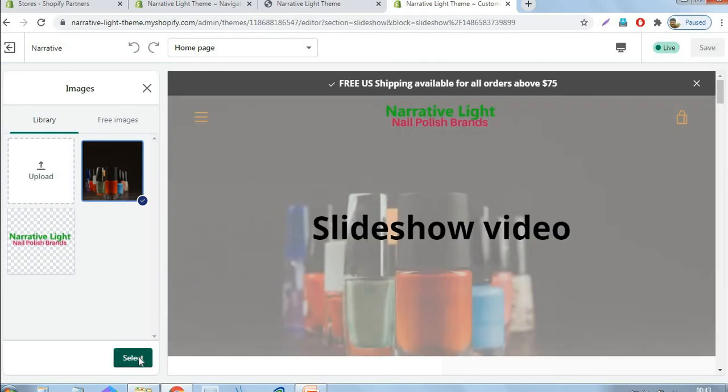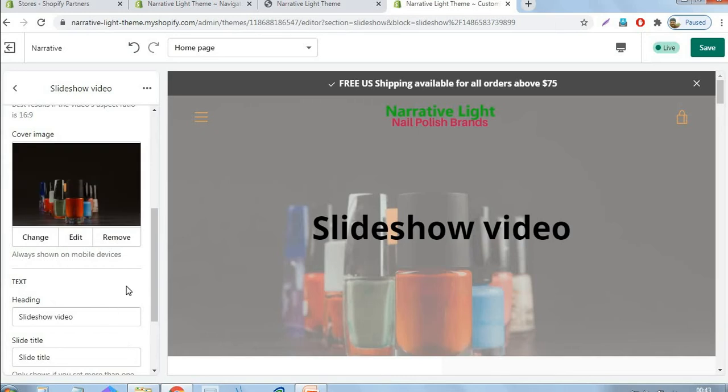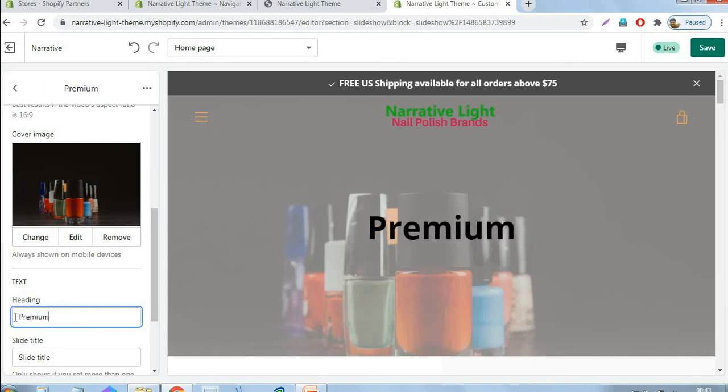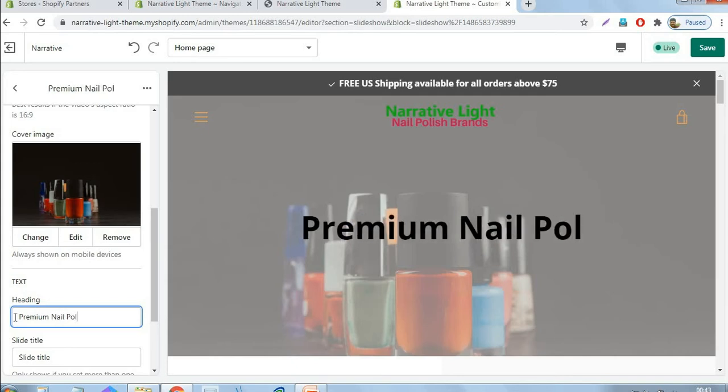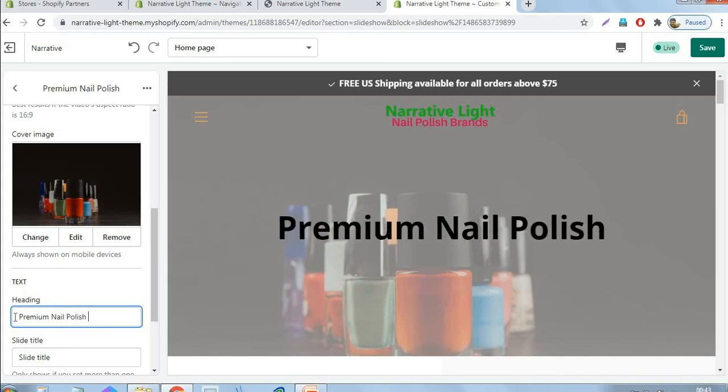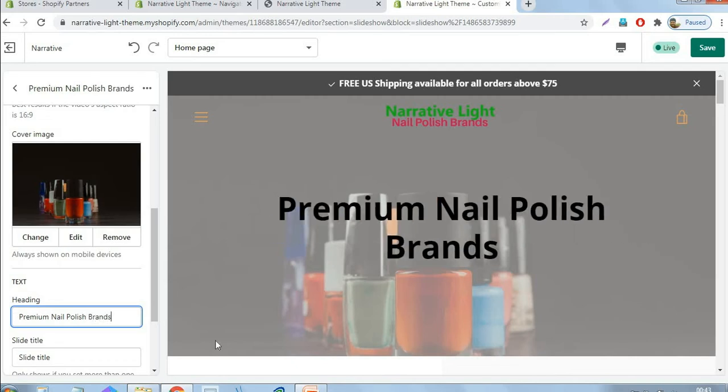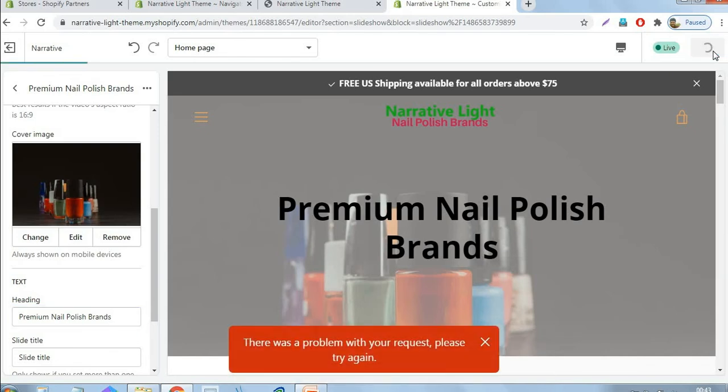Okay, we just select the product. We can update the heading: Premium nail brands. Okay, so just click the save button.